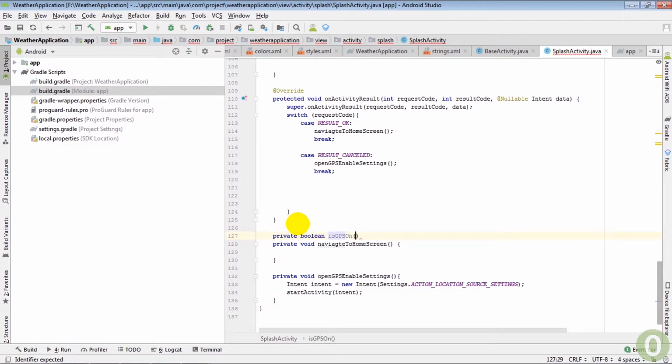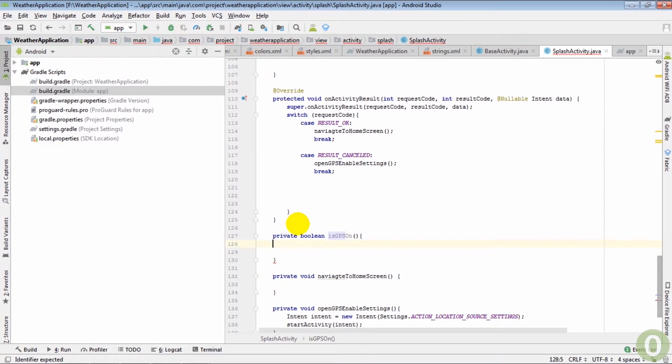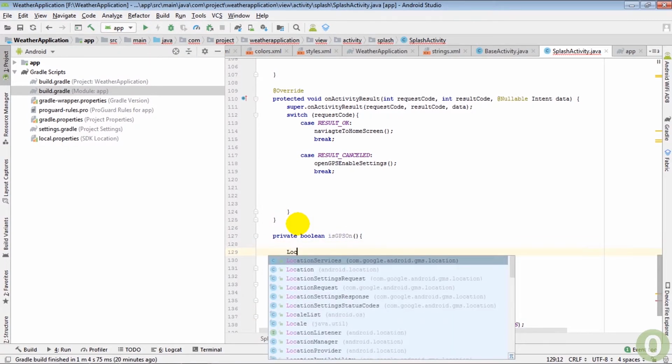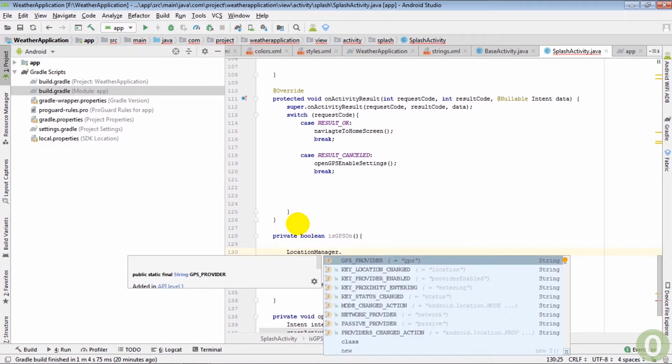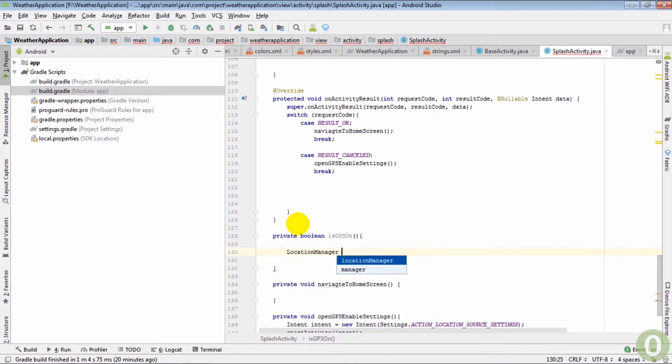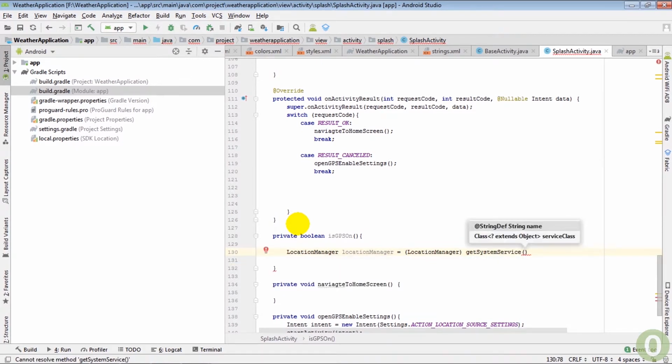So now I'm going to use location manager here, get system service. This is basically a system service of location service, and it will tell me the location manager